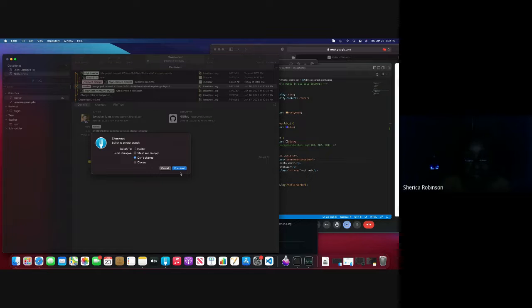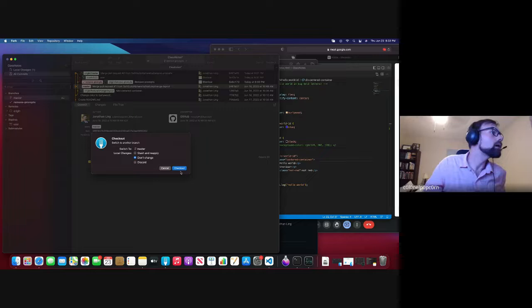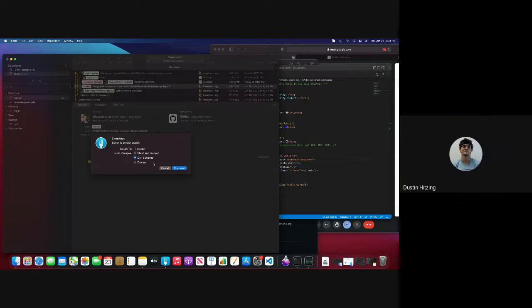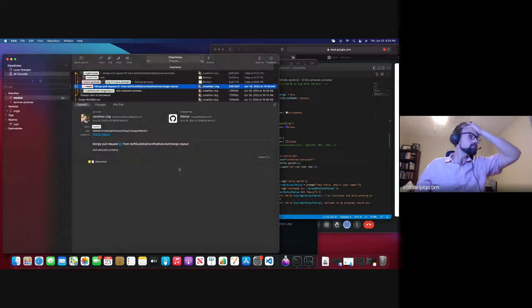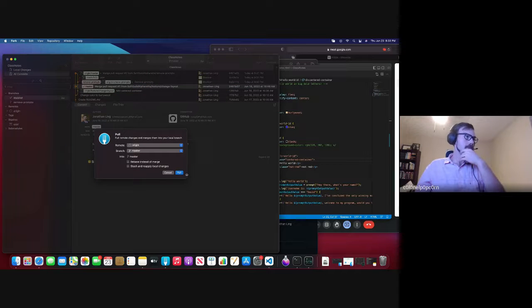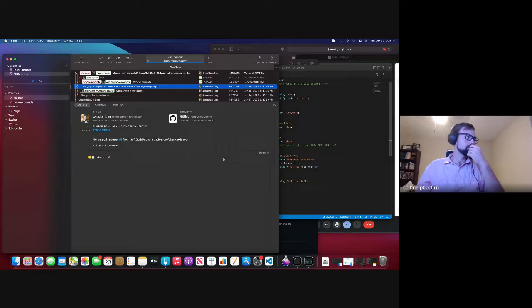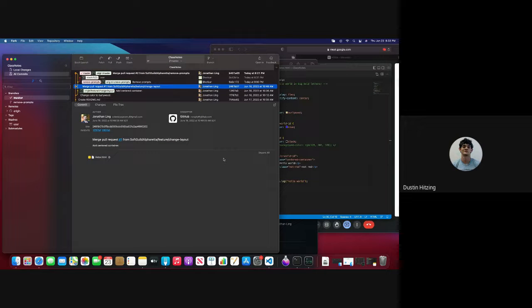Don't change. That's nice. I like that. All right. So you can hit discard because we saved the stash. Awesome. And check out. So now you can do a pull. And now you can make a new branch from master